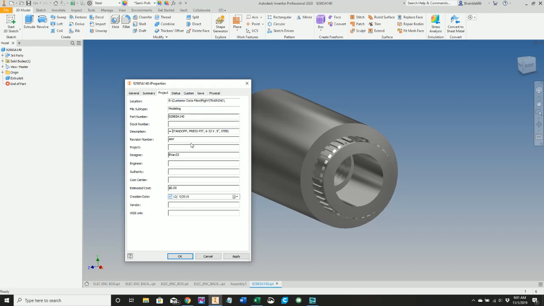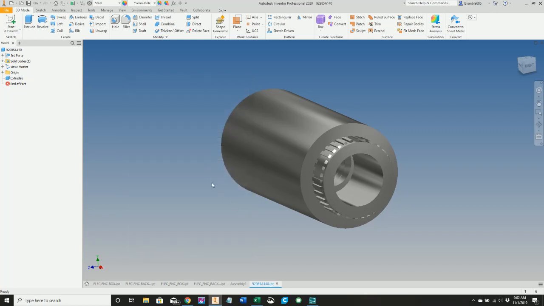Again, we don't like to hard enter stuff. I don't like to, because then it just adds to the fact that you might have human error. So we're going to go equals up at the very beginning of the statement, open bracket. We're going to put in material, close it, tab, revision number. Don't really care, it's not going to show up. We don't need to do a drawing on it, so let's go apply, close that, Alt F, save,